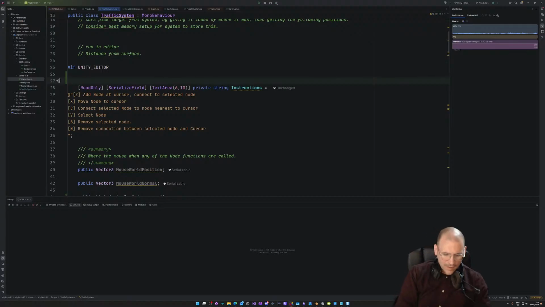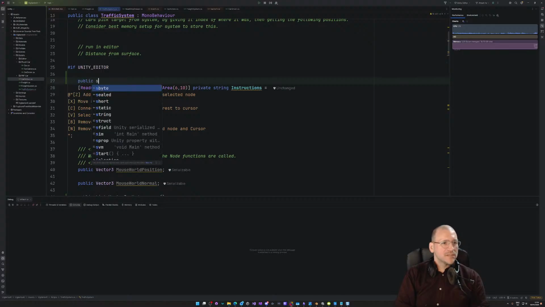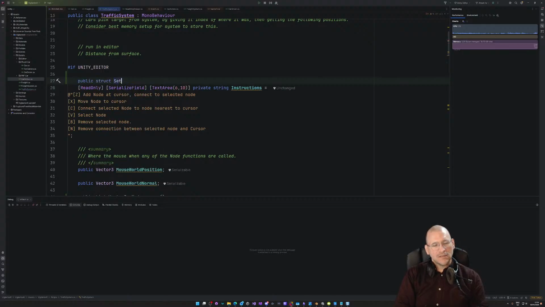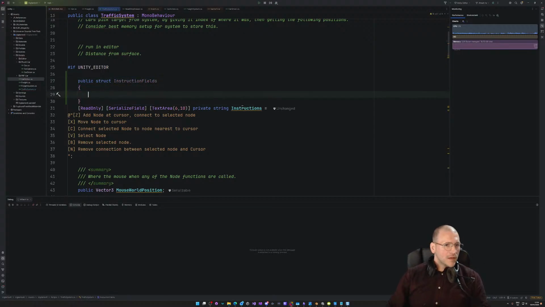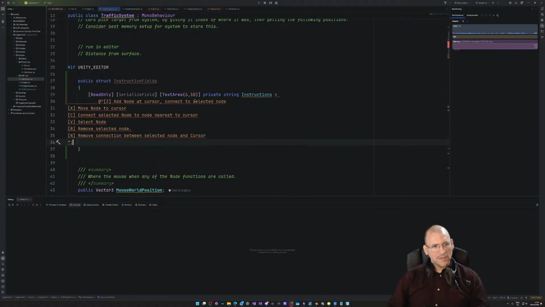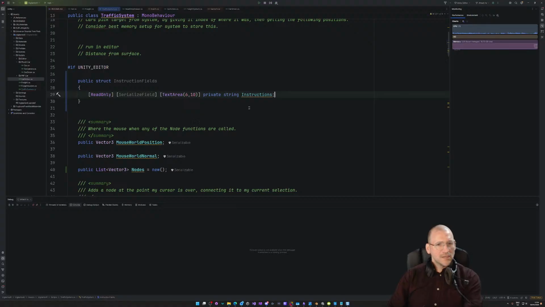Public struct InstructionFields. All right, so now we've got instruction fields inside of there, and now I'm going to put this other information. Control X, Control V, and it complains now that I'm actually trying to set the value. So putting this in here and copying the rest of it out. Control X, and now